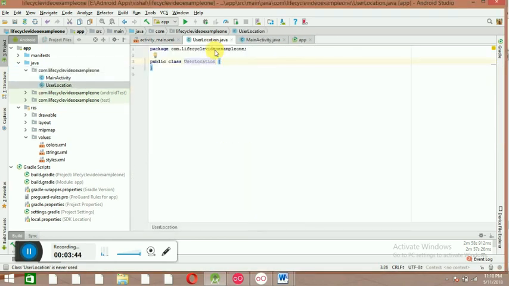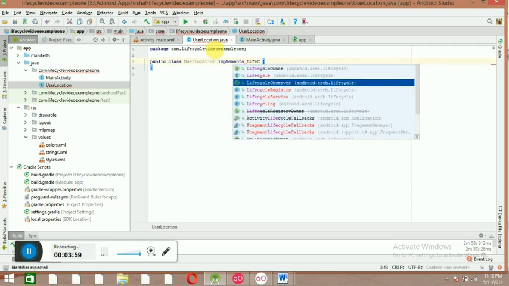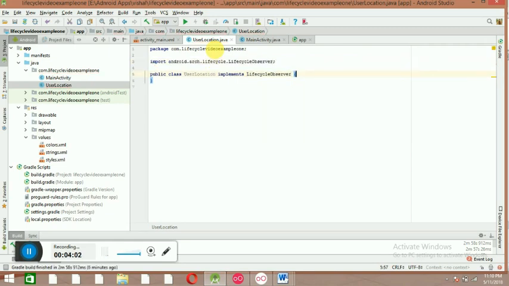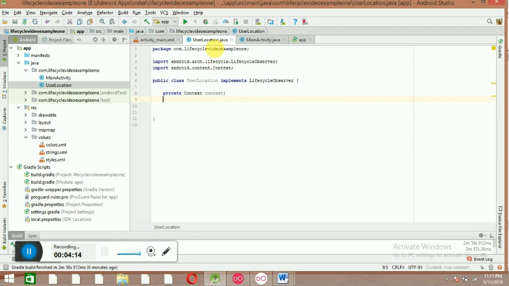So under the user location, what we have to do is simply work with this class and say that it implements a lifecycle observer. Yes, this is the class, but this time I am making the interface here. So this is the user location and we have to implement it. And we need a context, and also the two important major classes for the location: